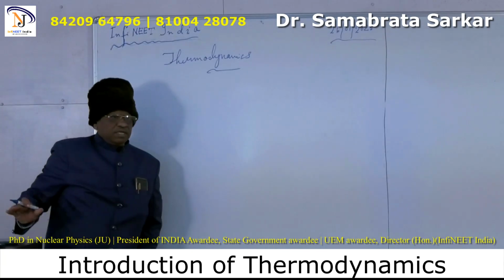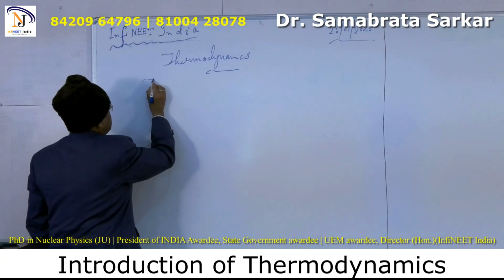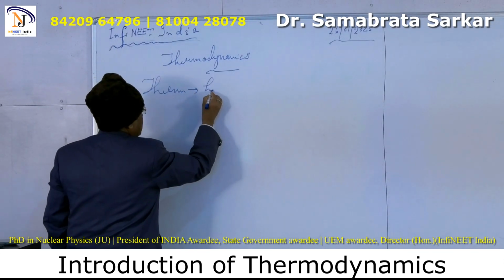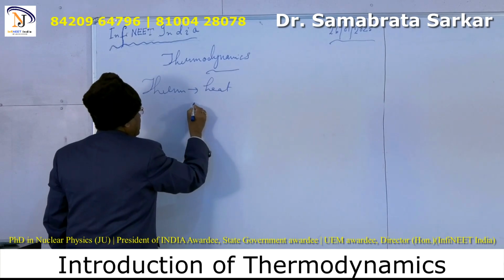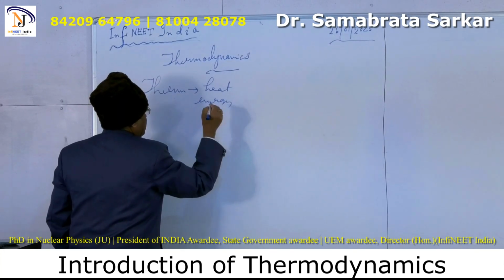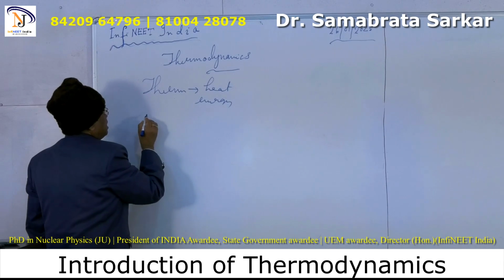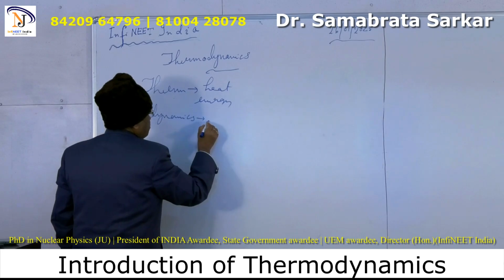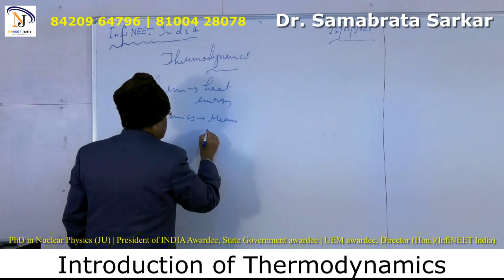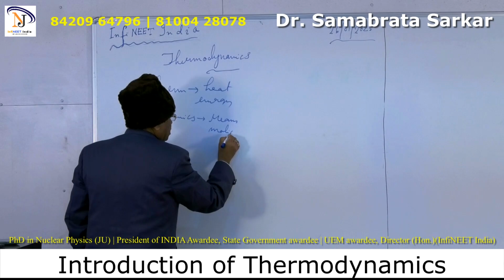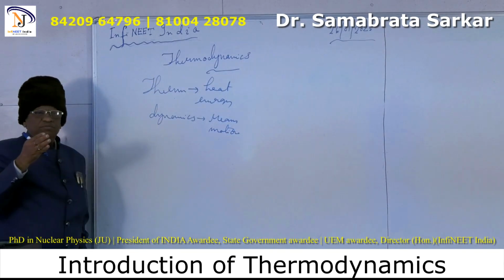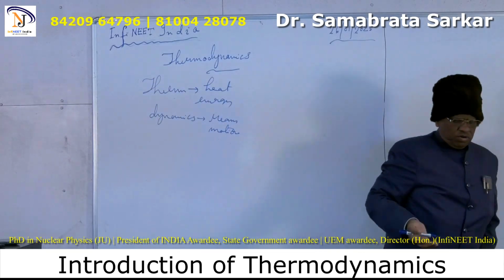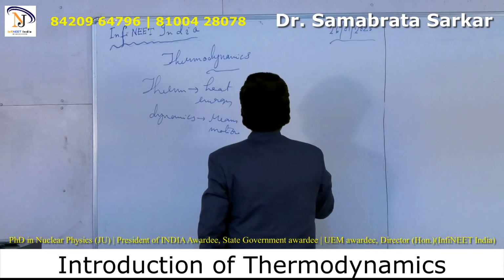What is thermodynamics? Therm means heat. And we all know heat is a sort of energy. And dynamics means motion. Where heat is in motion. How is it done? You all know, if I draw a diagram like this,